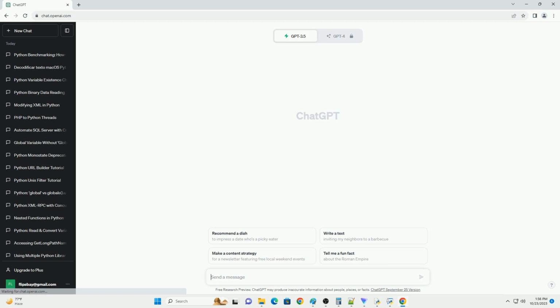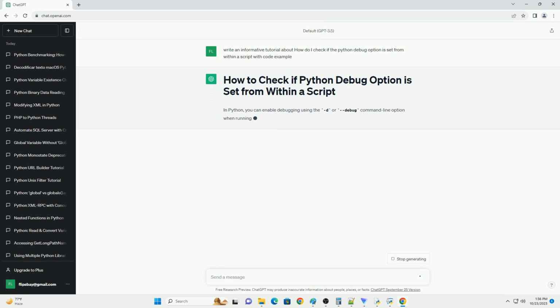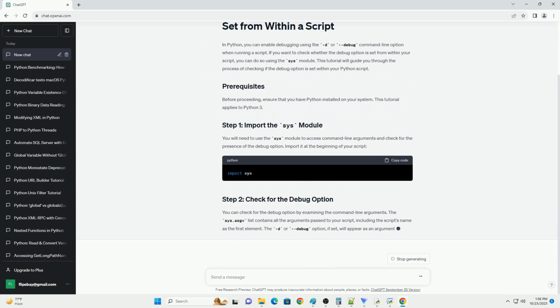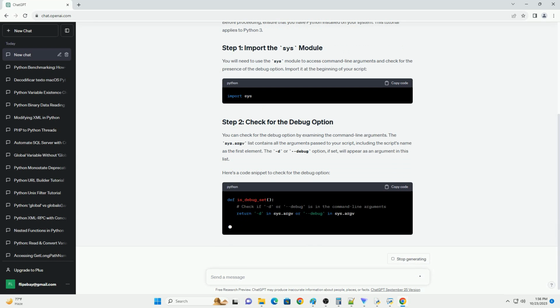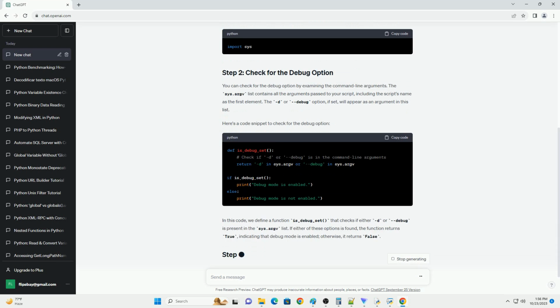In Python, you can enable debugging using the -d or --debug command line option when running a script. If you want to check whether the debug option is set from within your script, you can do so using the sys module. This tutorial will guide you through the process of checking if the debug option is set within